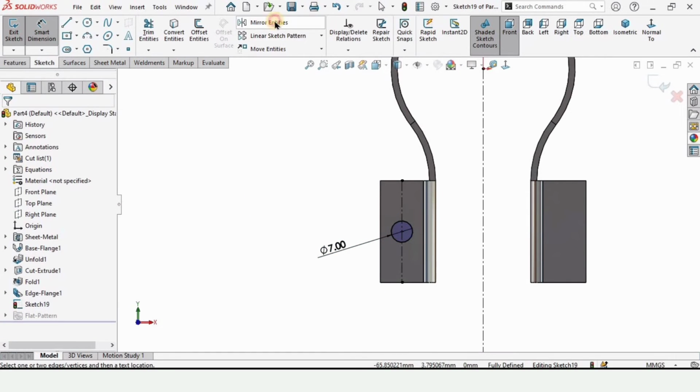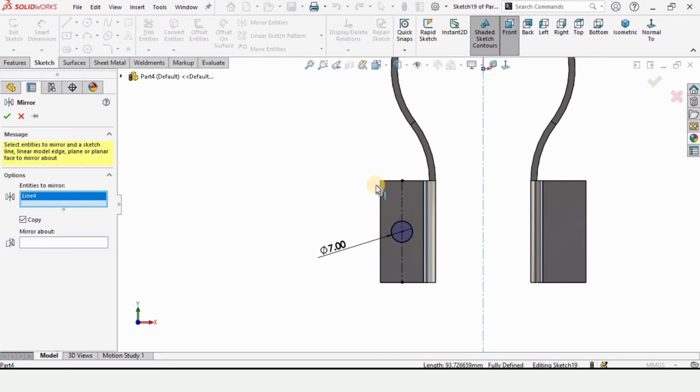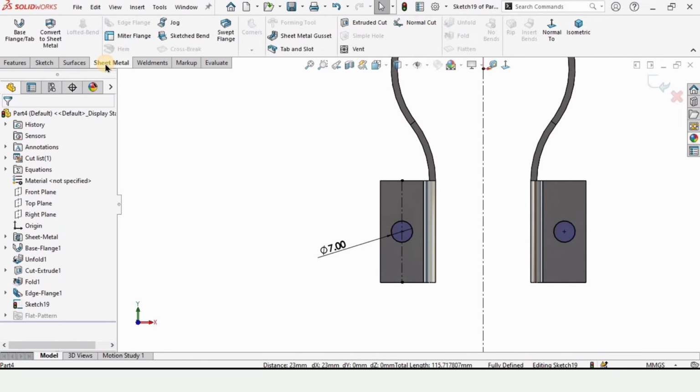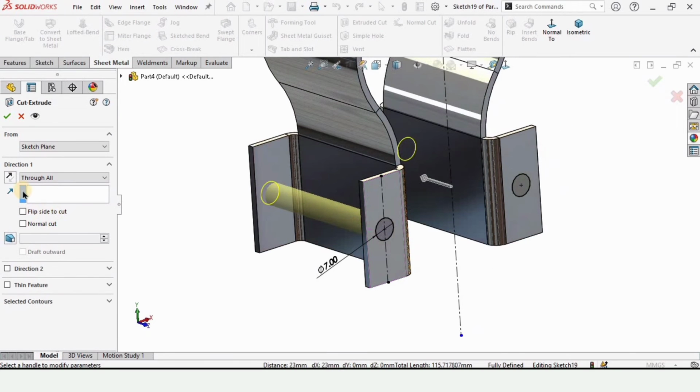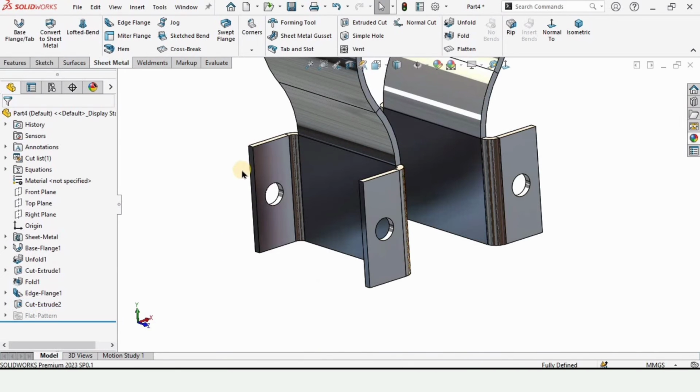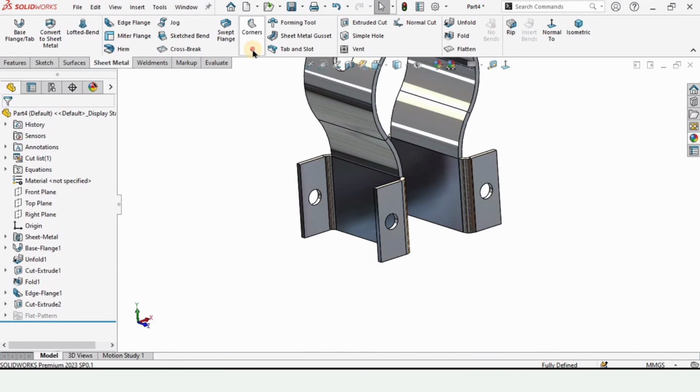Now I will mirror the same circle on the other side. For that I'm using this mirror entities. And in entities to mirror, the circle should be selected, and mirror about this vertical center line. Else you can make the same circle on the other side. You have to define the diameter. And simply extruded cut it, specify through all, and check this box. And now let's